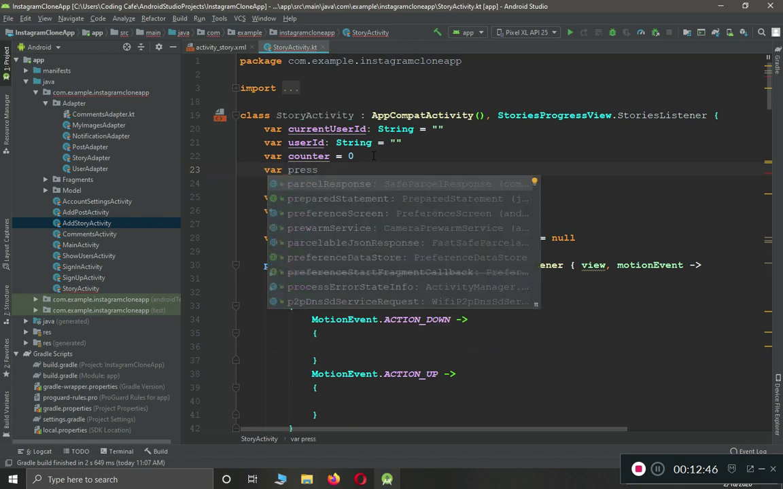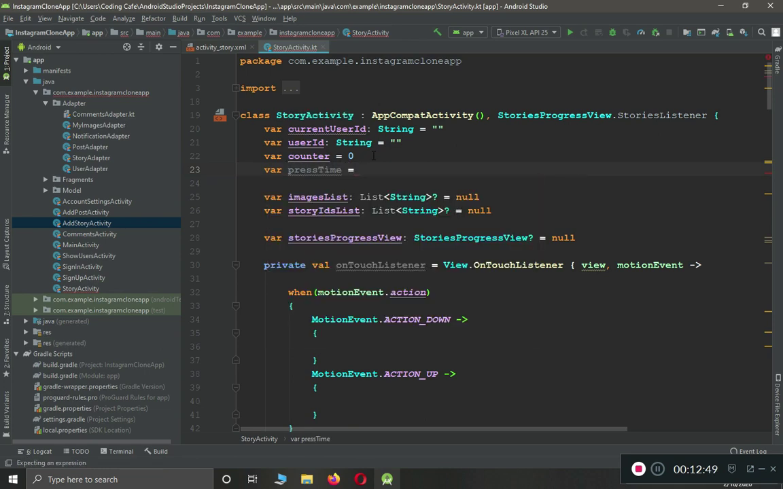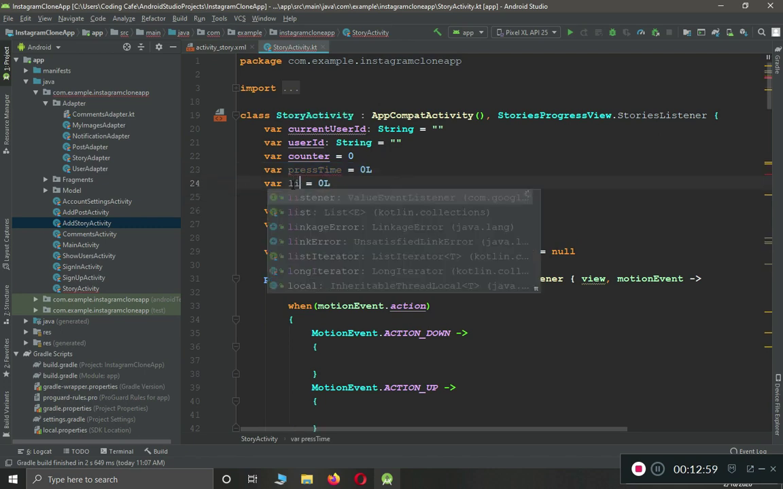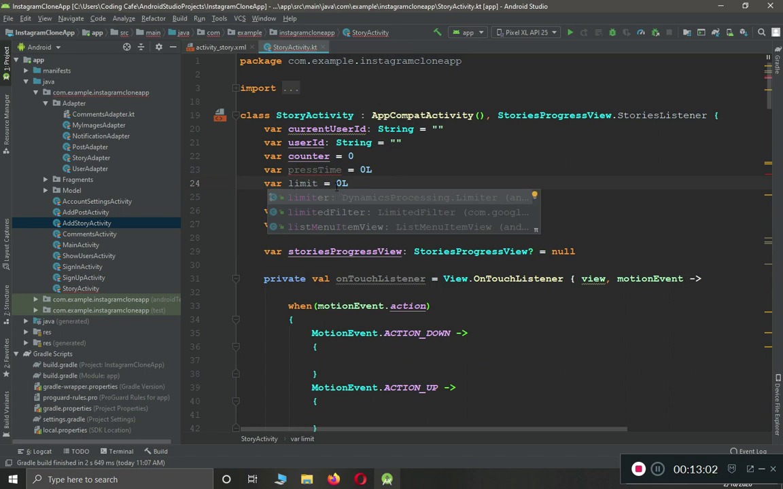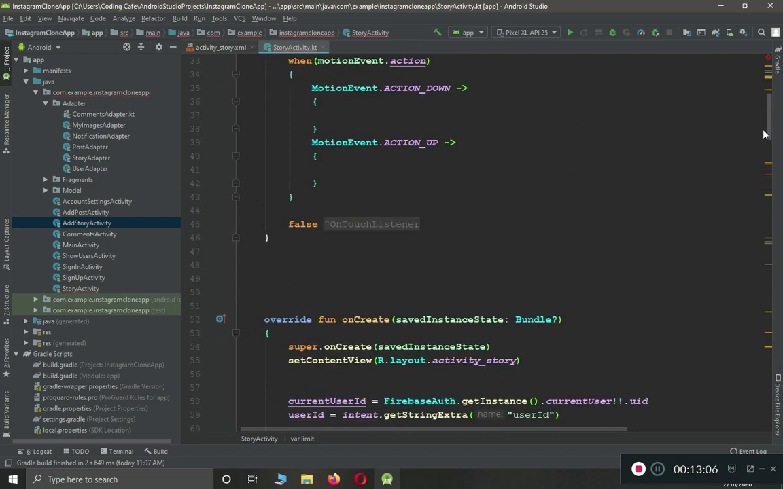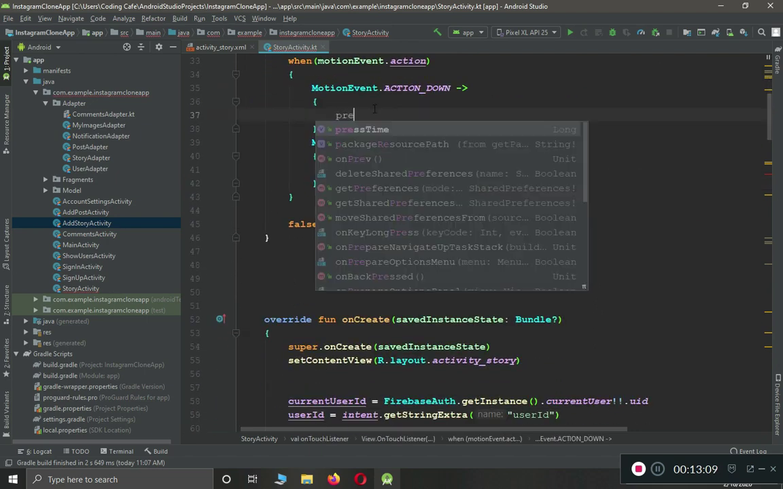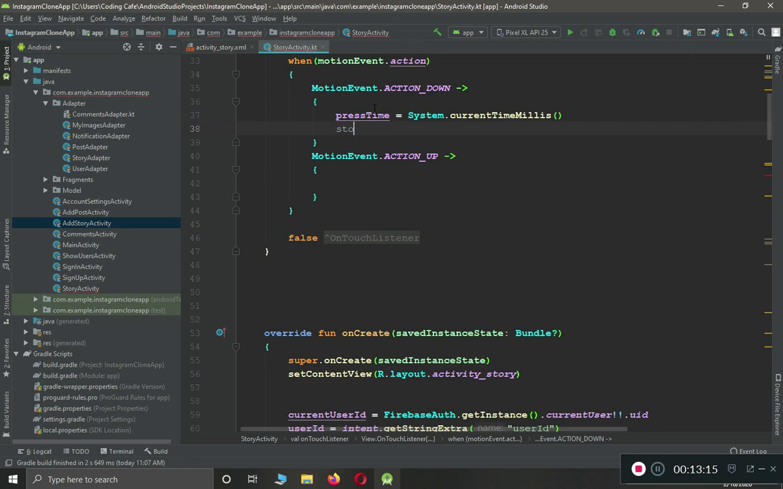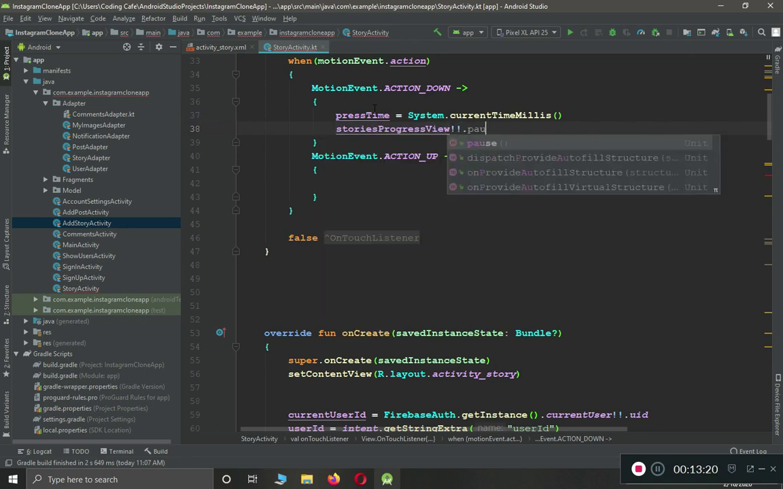press time equals to 0 L. Also we need to create another variable by the name limit. Initialize this with 500 L, and now come down here, and here we can say that if press time equals to system dot current story progress view dot pause, return